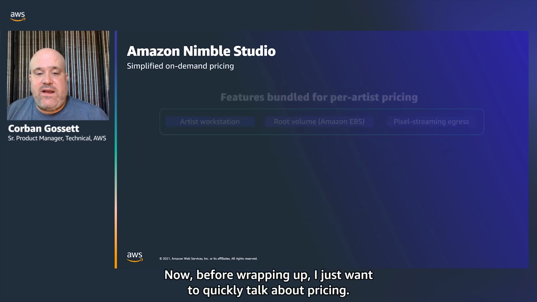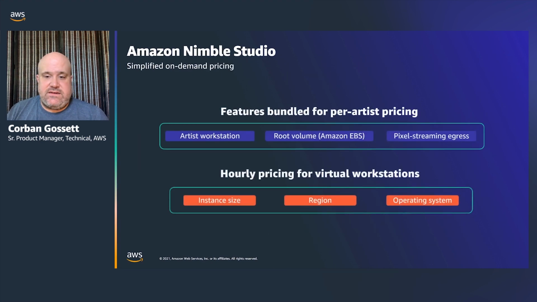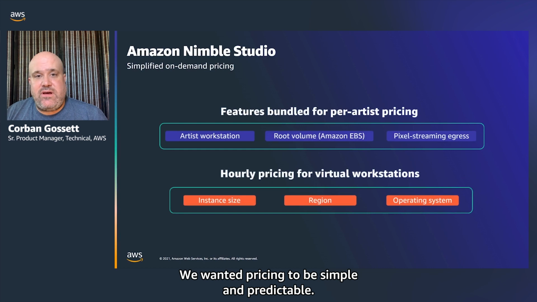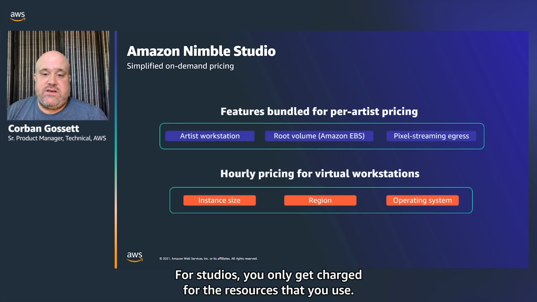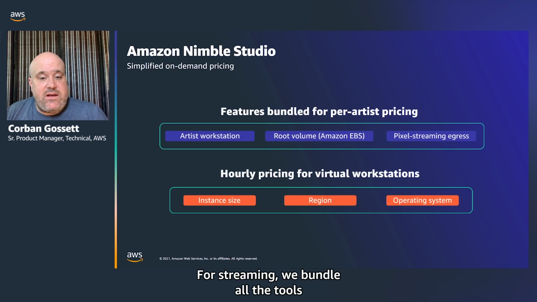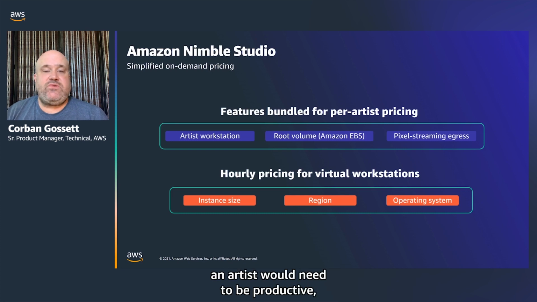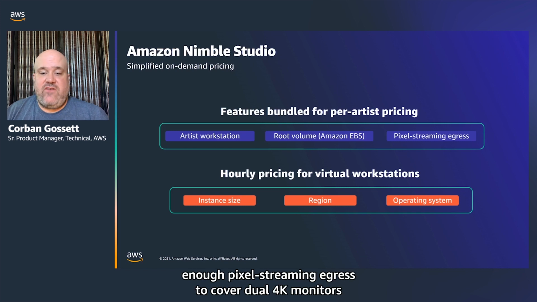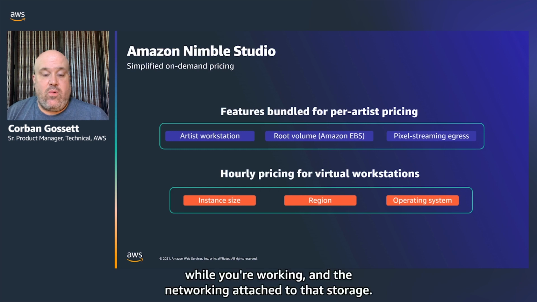Now, before wrapping up, I just want to quickly talk about pricing. We wanted pricing to be simple and predictable for studios. You only get charged for the resources that you use. For streaming, we bundle all the tools an artist would need to be productive, like a working storage drive for the OS, enough pixel streaming egress to cover dual 4K monitors while you're working, and the networking attached to that